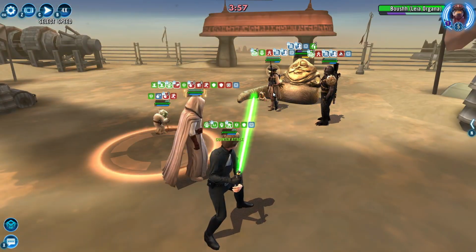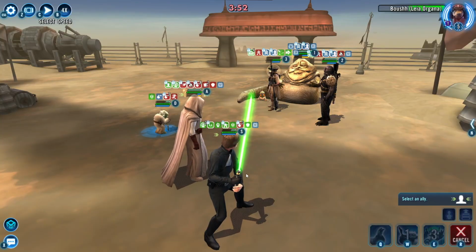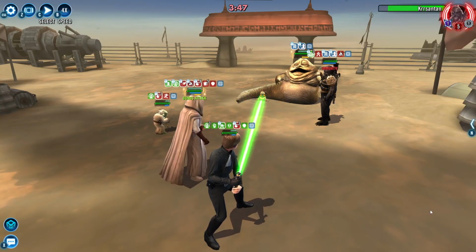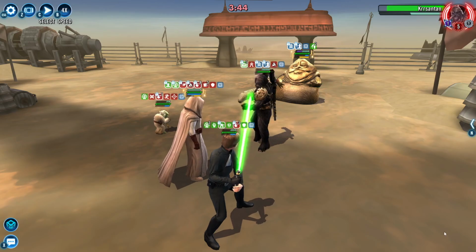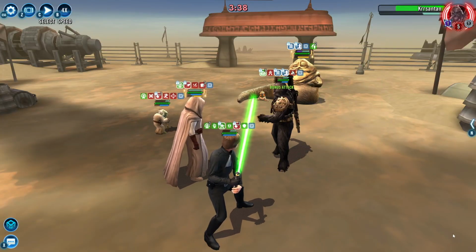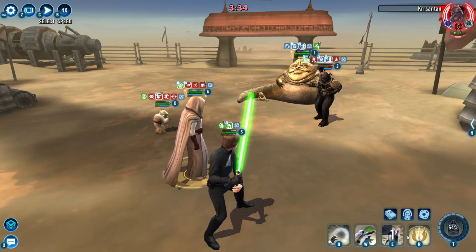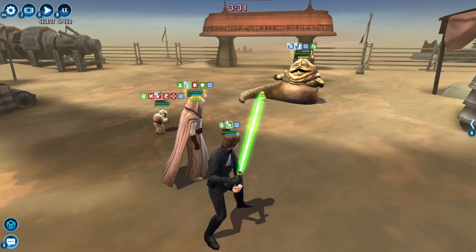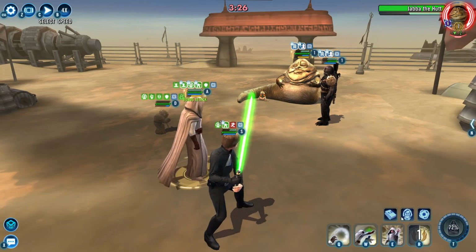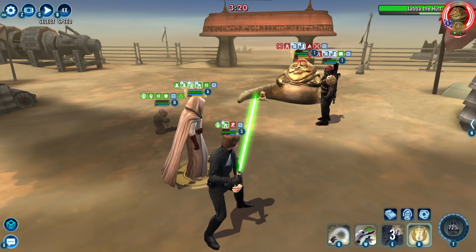But also they've got ult. So I'm really hoping here that I can take out Jabba before he hits his ult, because when he hits his contract, his basic charges his ult 12% instead of 6%. So it makes it a lot more scary because he gets to his ult really quickly, especially if he's taking so many turns. And I cannot have him taking out